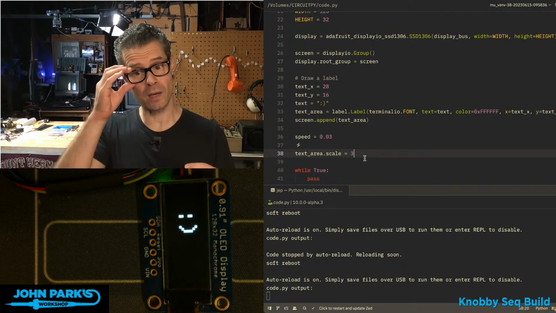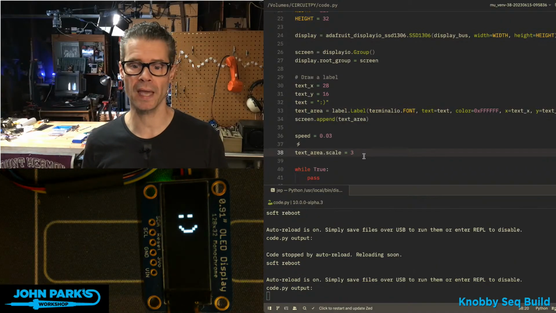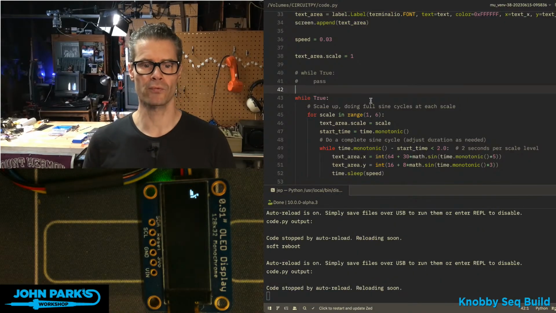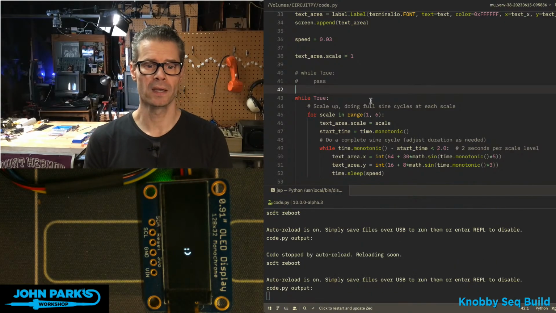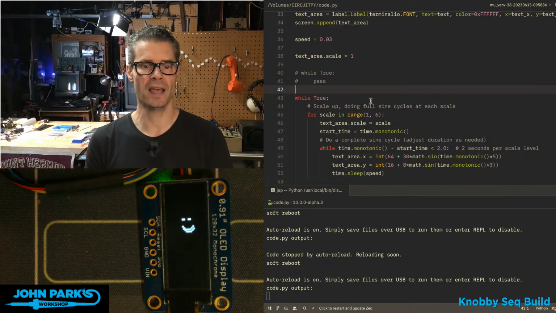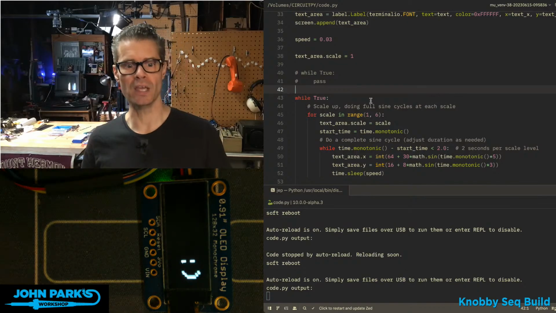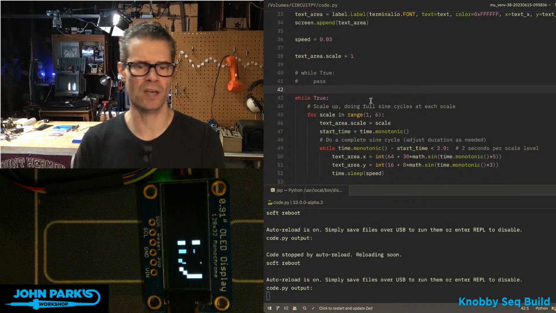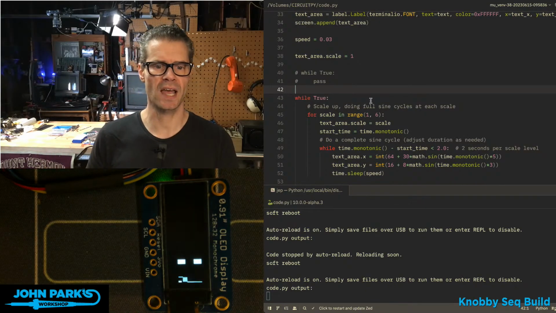But it's nice and responsive. So if you take a look at, let's start this back out at 1, and I'm going to comment this little pass so that we can now run through scale as we're moving around the screen. You can see on every iteration of this little bounce thing, I'm going to bump that scale up, and we'll go up to, I think, scale 5 or 6 that I have on here.